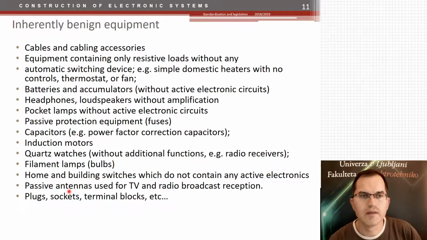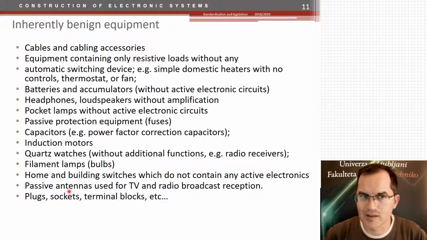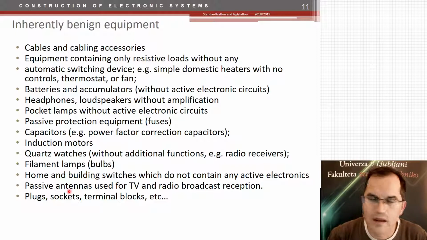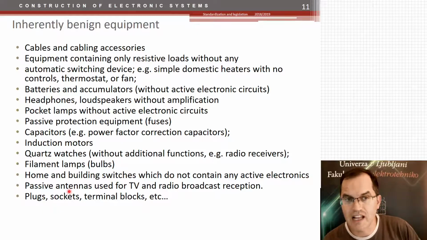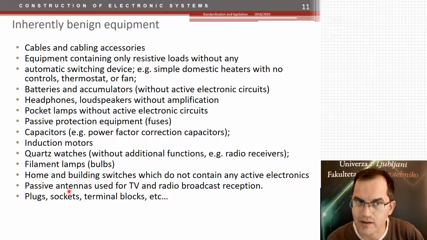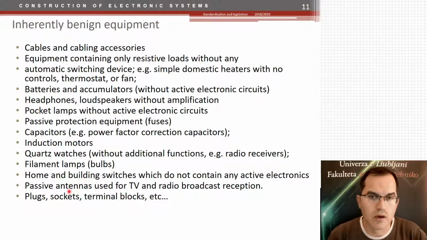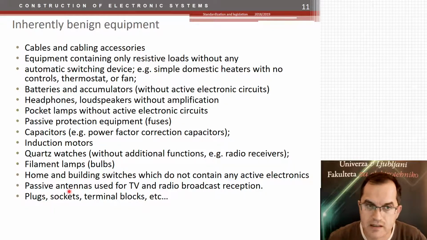So let me go through the inherently benign equipment. Equipment that's not dangerous in case of EMC. Cables. Cables cannot generate noise, but they conduct current. But they by themselves do not generate noise. They can act as antennas, but that's another thing. Equipment with only resistive loads without any automatic switching, such as heaters and stuff. Fans, thermostats,